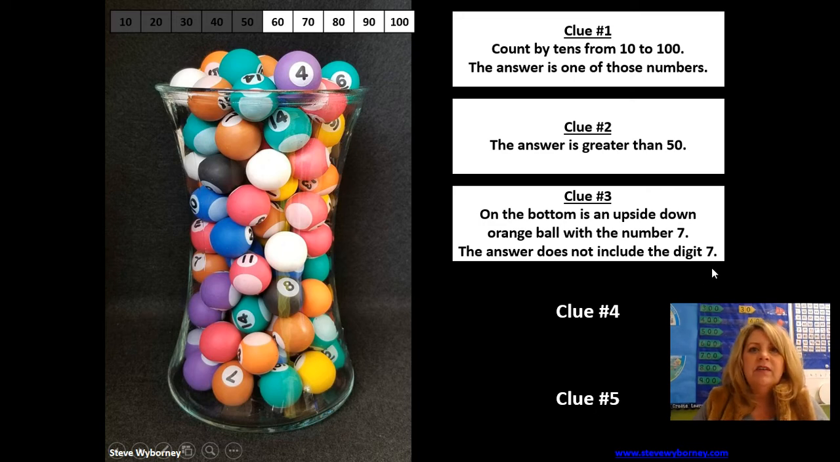We know a lot about digits. Yes. Digits each have a value, and they're used to make numbers. All right. So let's look at our possibilities on the decade number path. Now that I know the number of cue balls that are in the vase does not include the digit 7,